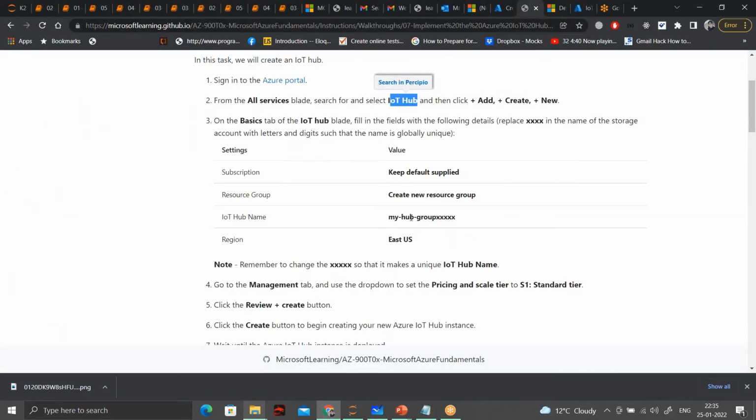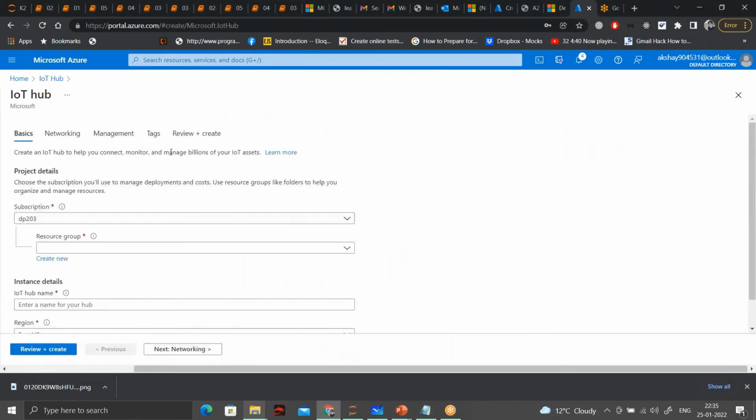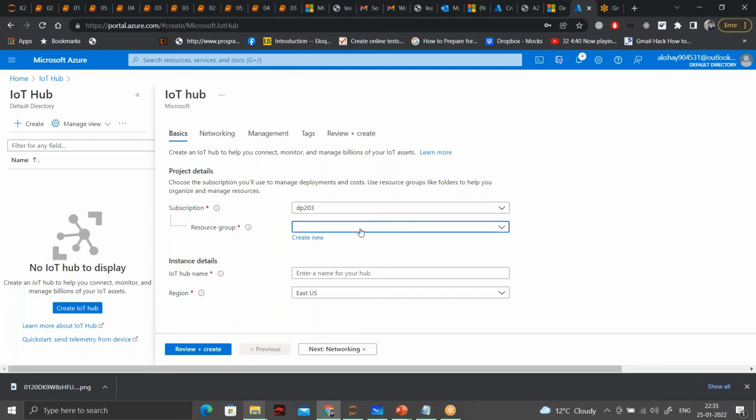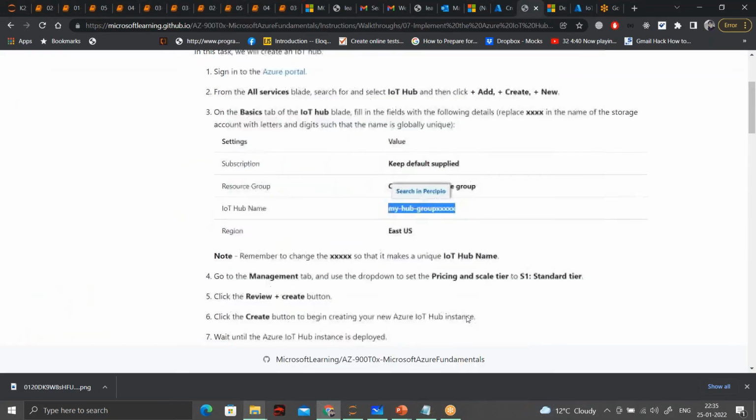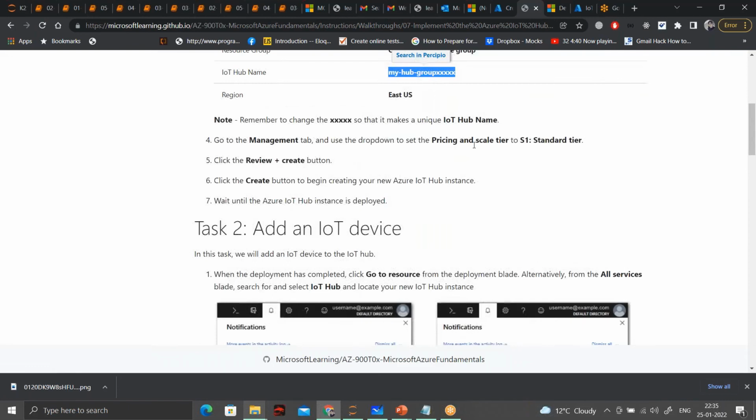I'll choose the resource group and give this IoT Hub a name. After this, we just have to change the pricing tier to the standard tier, and then we can create the Azure IoT Hub instance.